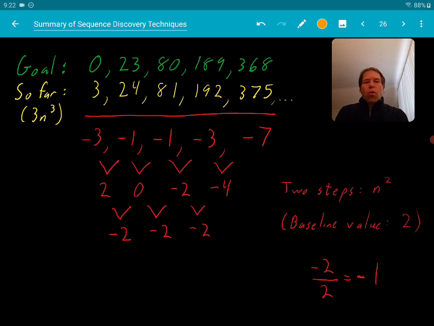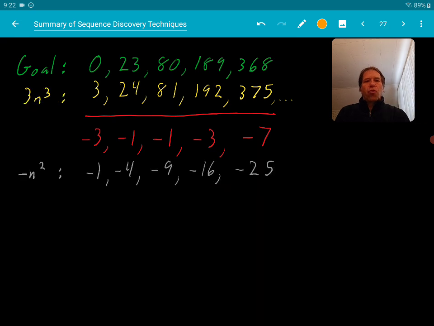So for the red sequence, it took us 2 steps to get to a constant value. That constant value is -2, to be compared with our baseline value of 2. We do a division: -2 divided by our baseline value is -1. So we expect the coefficient of the n squared term that will generate the red sequence to be -1 times n squared. And so there we have the sequence of -1 times n squared, which gives us -1, -4, -9, -16,